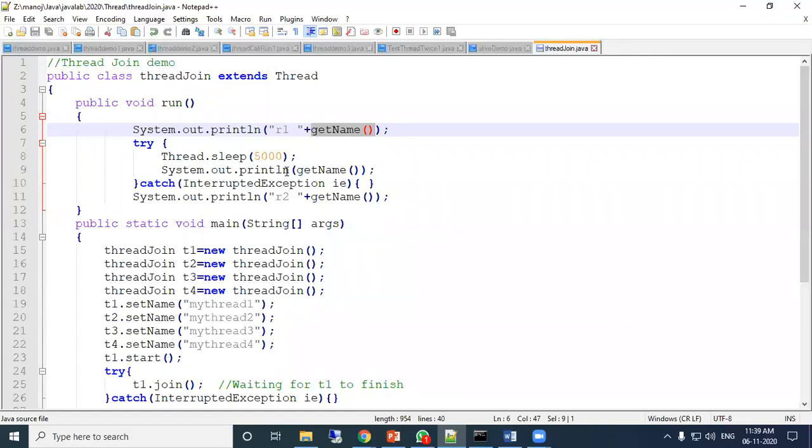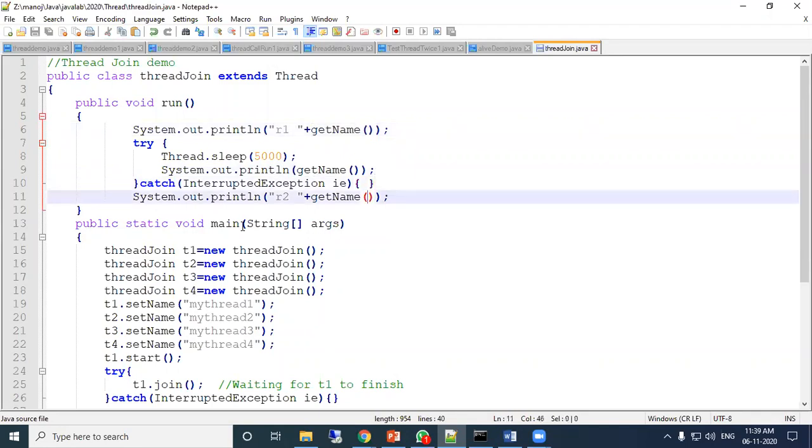Then again get name is showing which thread it is executing at this point. Then again get name. So three times I have used this get name: R1 get name, only get name, R2 get name. We will see which statement is executed for which thread, and for that purpose we have used the get name method.